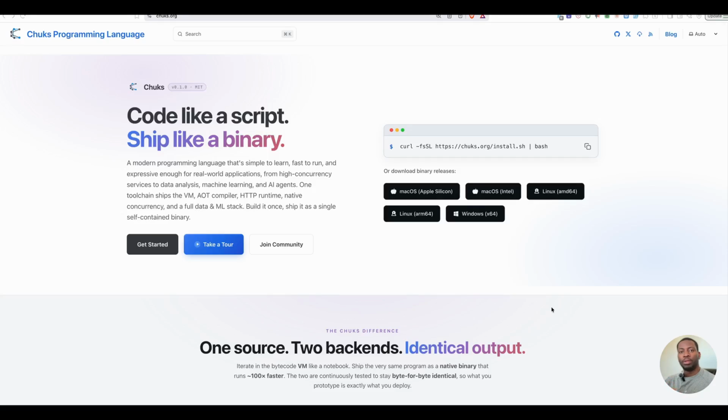Hello and welcome. Today we are going to be looking at Chuks. We are going to be looking at how to install Chuks. We are going to write our first program using the Chuks language. We are also going to run our program using the Chuks virtual machine, and we are also going to compile our